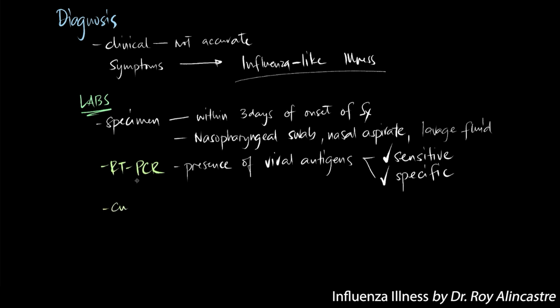You can also do cell culture if you want to isolate the virus, maybe if you want to study the strain characteristics. And there are also serologic tests that show the body's specific immunologic response, particularly the presence of specific antibodies. Okay, but since normal people can also already have influenza antibodies, the titers should be increased more than 4 times, okay, to say that the person might be having a flu infection.